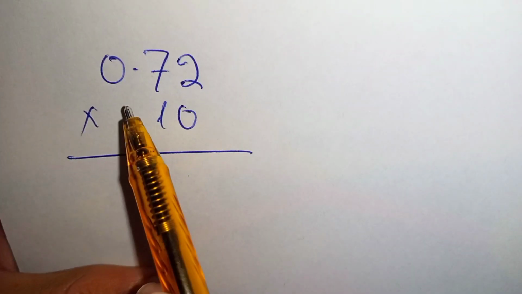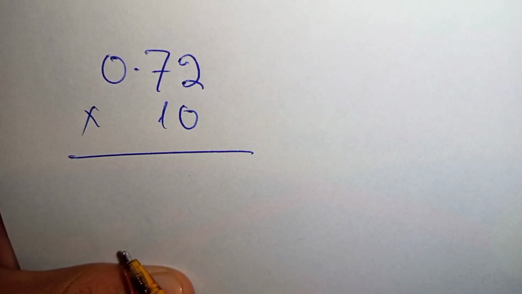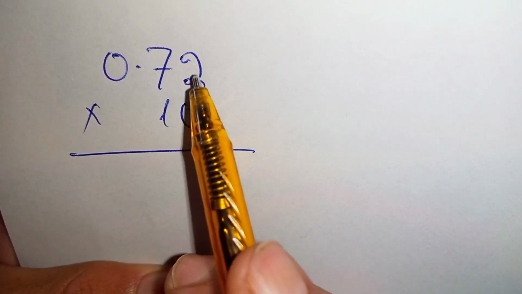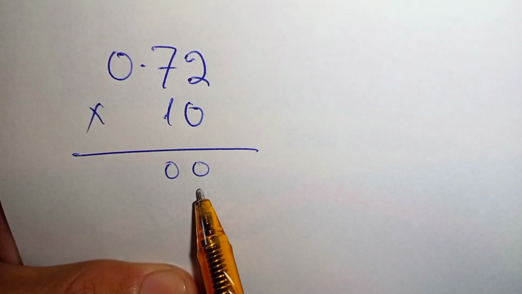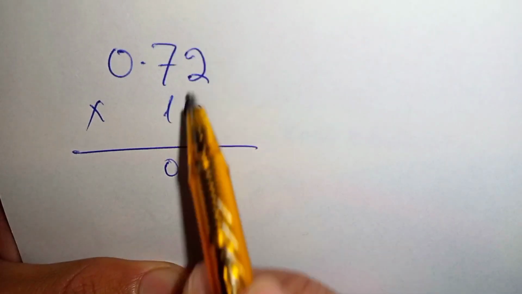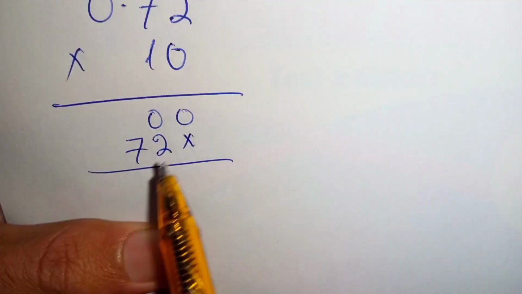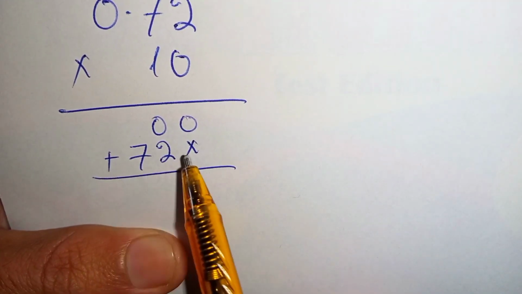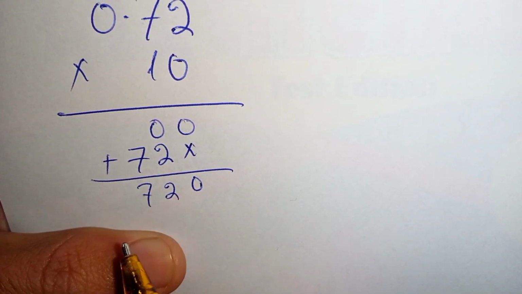Here is another example in which we have to multiply 0.72 with 10. So 0 times 2 is 0 and 0 times 7 is 0. 1 times 2 is 2 and 1 times 7 is 7. Add these terms. So 0, 2, 7. The answer is